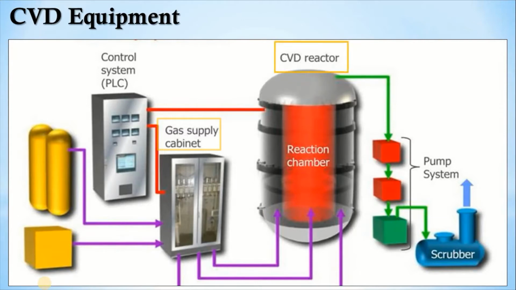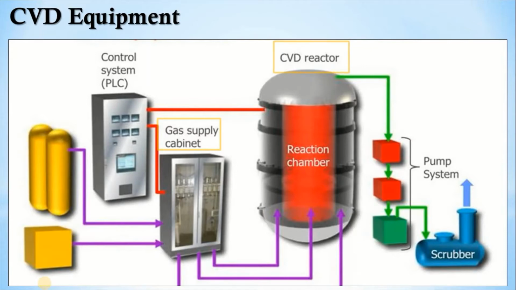So it has one disadvantage of a cold walled reactor: it is difficult to get a uniform layer of the film. So we can use either a hot walled reactor or a cold walled reactor based on the operations or the quality of the surface, whatever the substrate we are depositing or coating on.